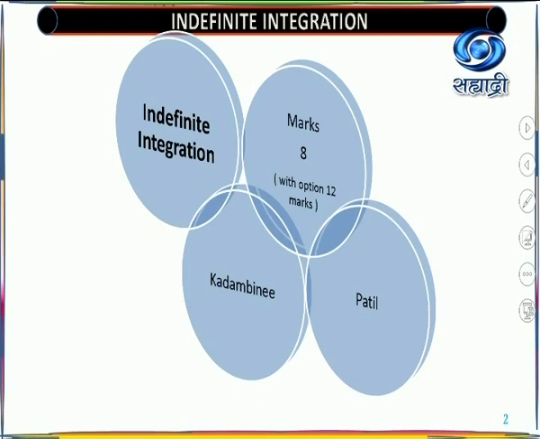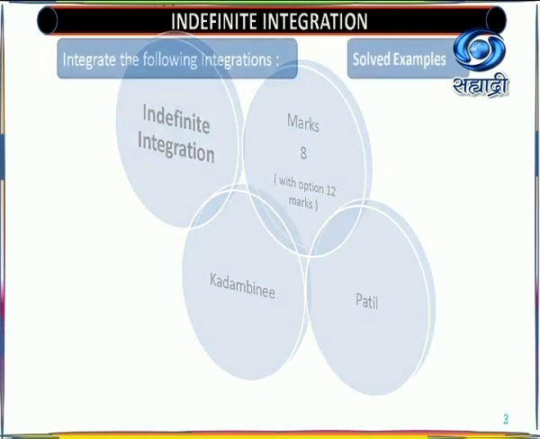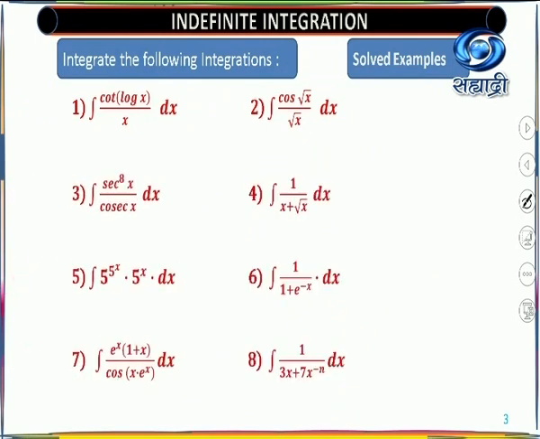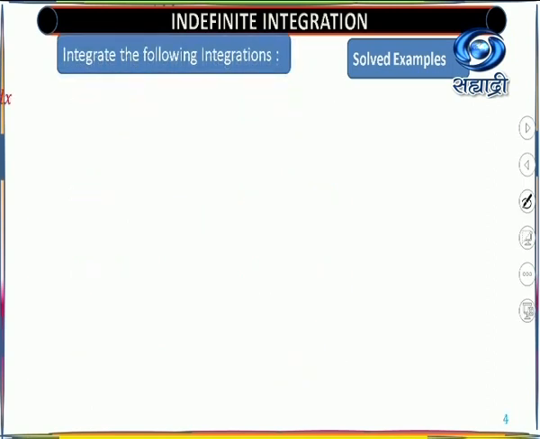Okay students, this chapter is for 6 marks for your batch only. So we'll start with this, and here we have the examples which we have to solve. I have already solved in the last lecture this example, this one and this one. So we'll start with our fifth example. So we'll discuss our fifth example now.